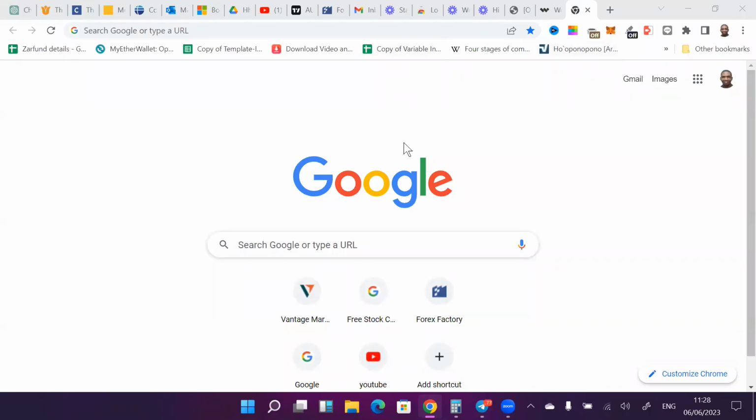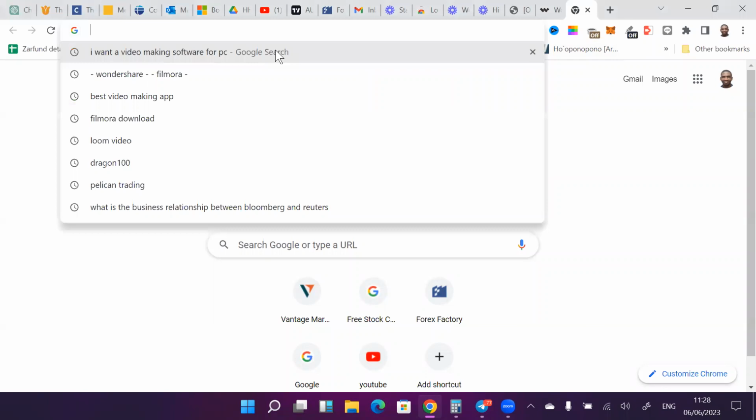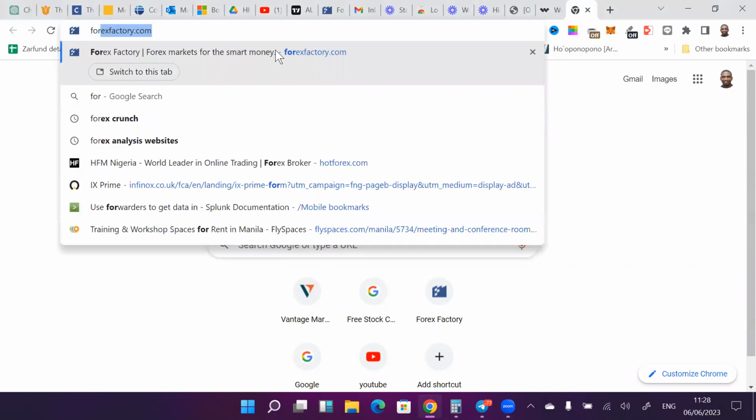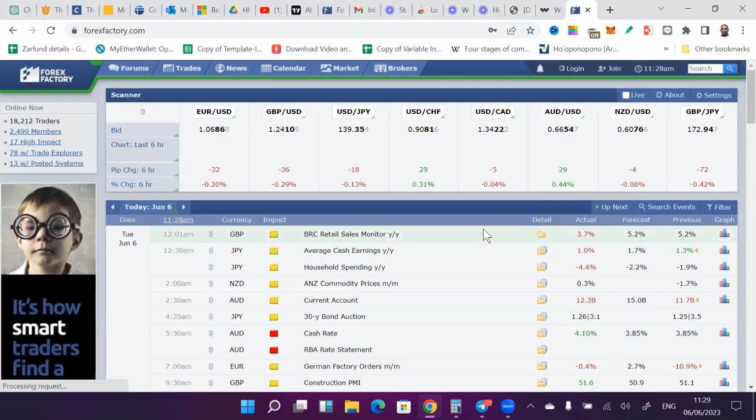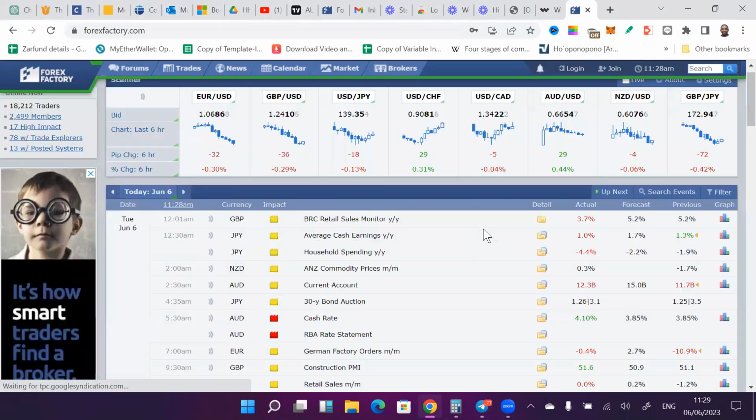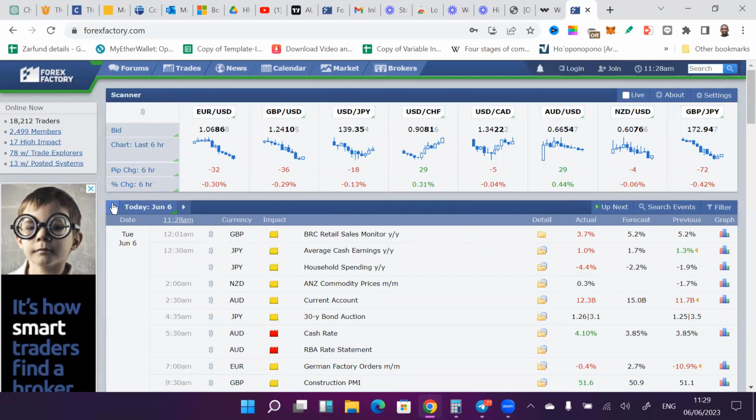Okay, so yesterday we talked about a particular news event. We went to Forex Factory. I hope we started using Forex Factory, guys. You should start using Forex Factory so that you can follow what's going on. So yesterday we had this